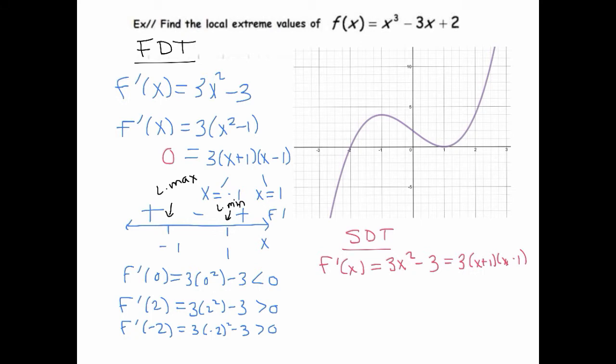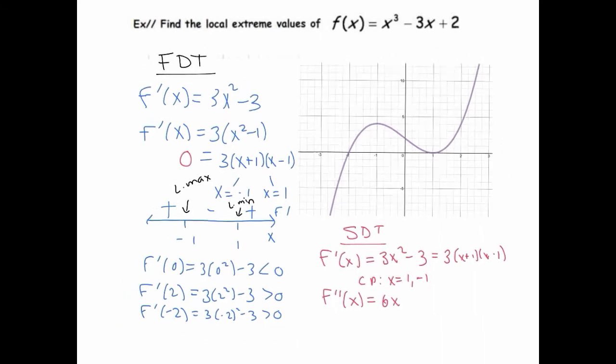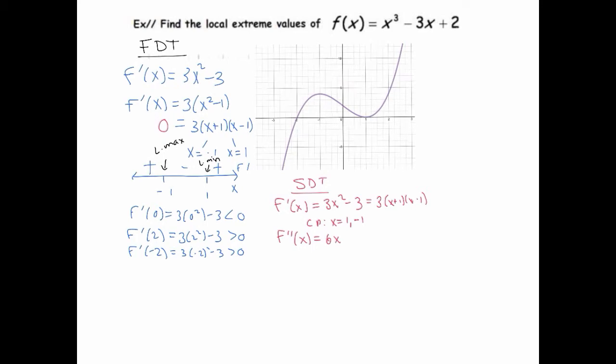So you'd find that the critical points are x equals 1 and -1. So the first derivative is 0 at those times, and if I find the second derivative, which ends up being 6x, then you can determine whether we have maxes or mins at those instances by plugging those values into the second derivative. So f double prime of 1 gives me 6 times 1, which is 6, and that's greater than 0. So that must mean we have a minimum,